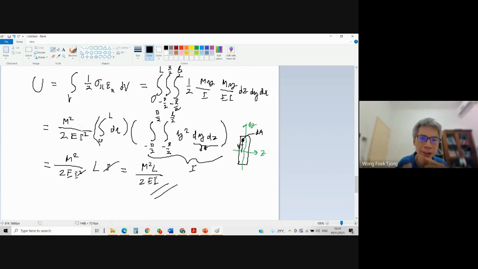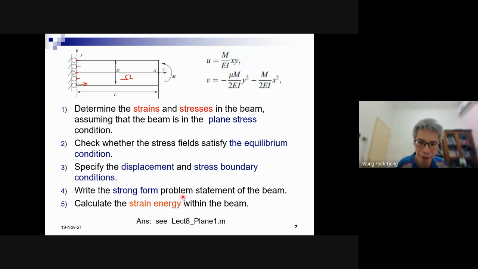And this result is in agreement if you use the beam bending theory. Maybe you learned from mechanics of materials that that's the strain energy. So we need to do volume or area integrals in this case, okay? But in this case, because this is like a beam, I can define this as a moment of inertia, and we can cancel it with this one. Any questions so far regarding how to calculate strain energy?